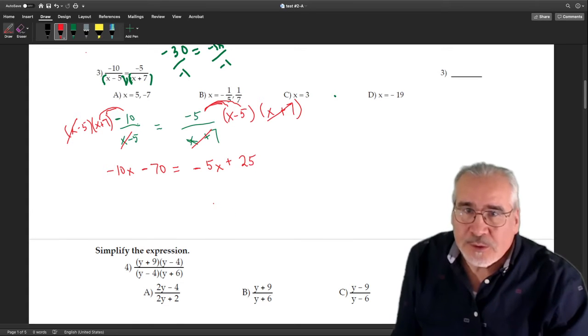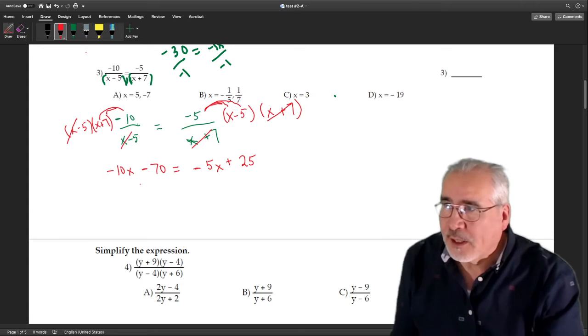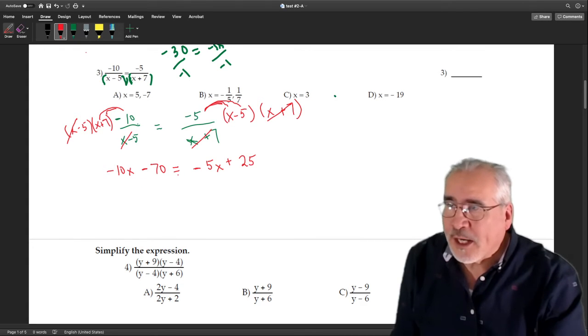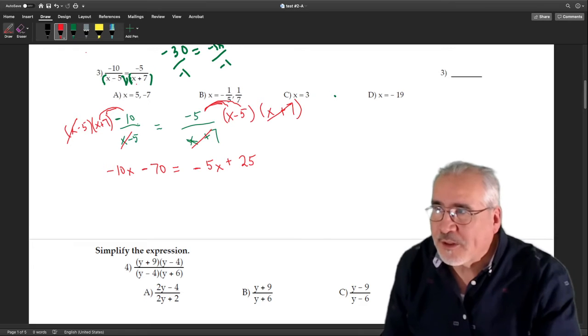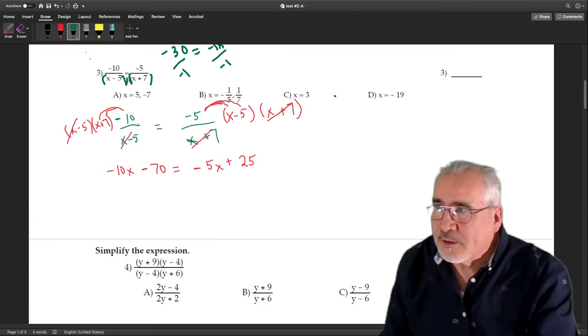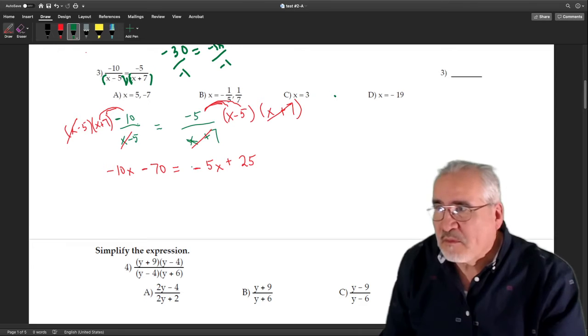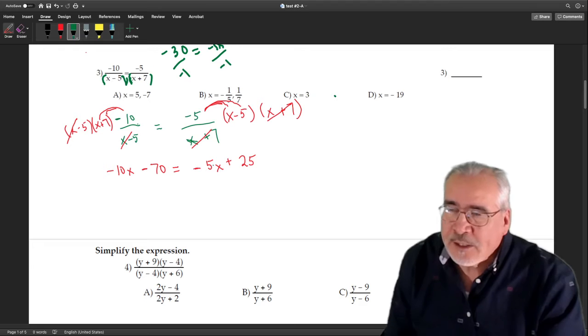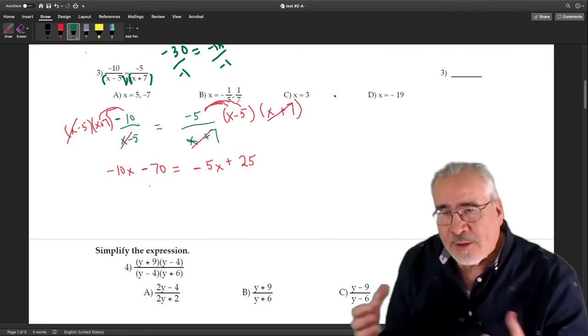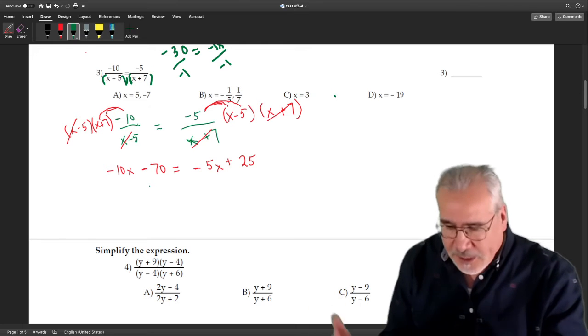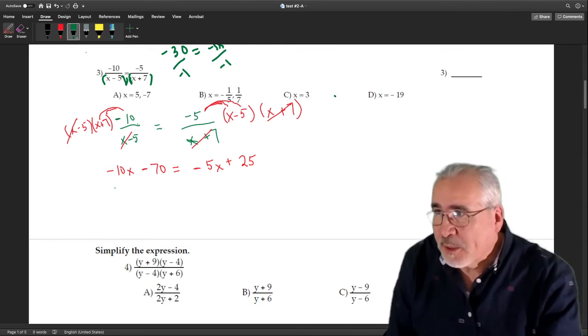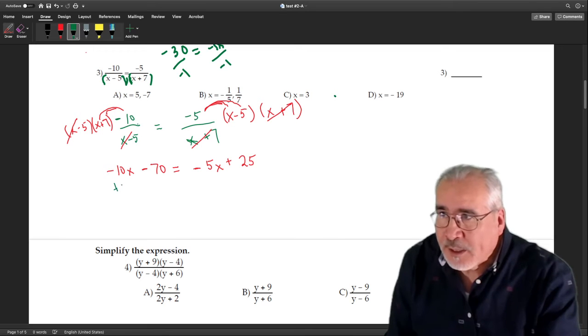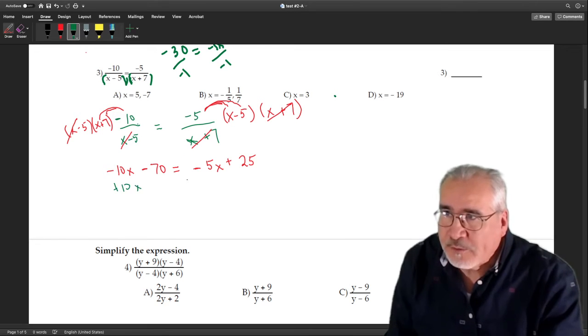Now we're just going to solve for x. So we've got to get the x's on the same side because we have them on opposite sides right now. So let's go ahead and change colors here. I like to have a positive x, so I know if I add 10x to both sides, I'll get a positive x. You could also add 5x to both sides, and it gets the x's on the same side, but then it's a negative. But either way will work. That's just a personal preference. Let's go ahead and add 10x to both